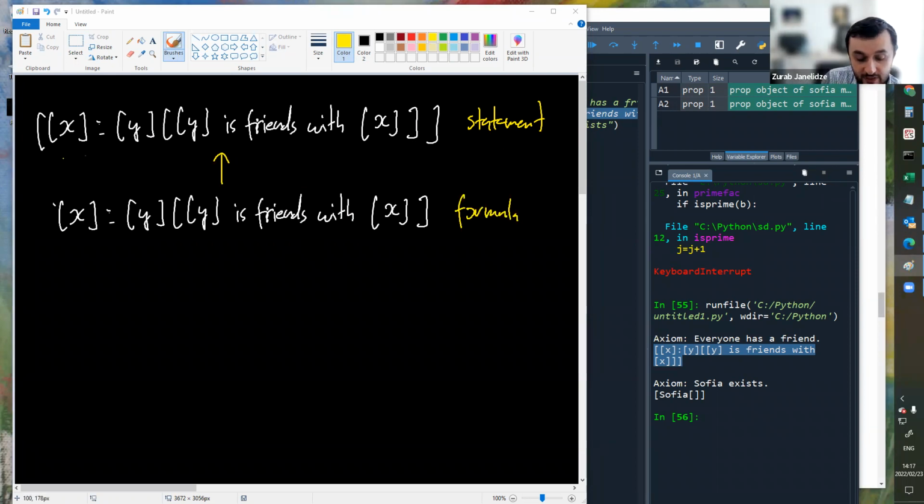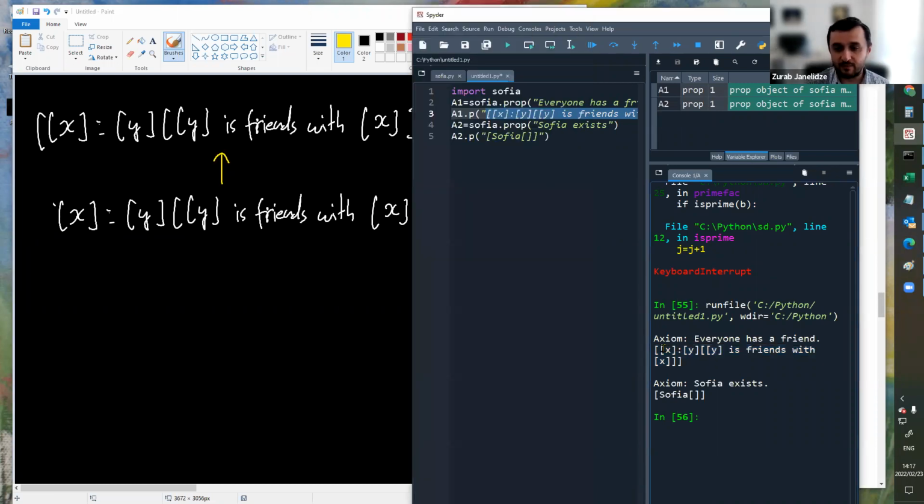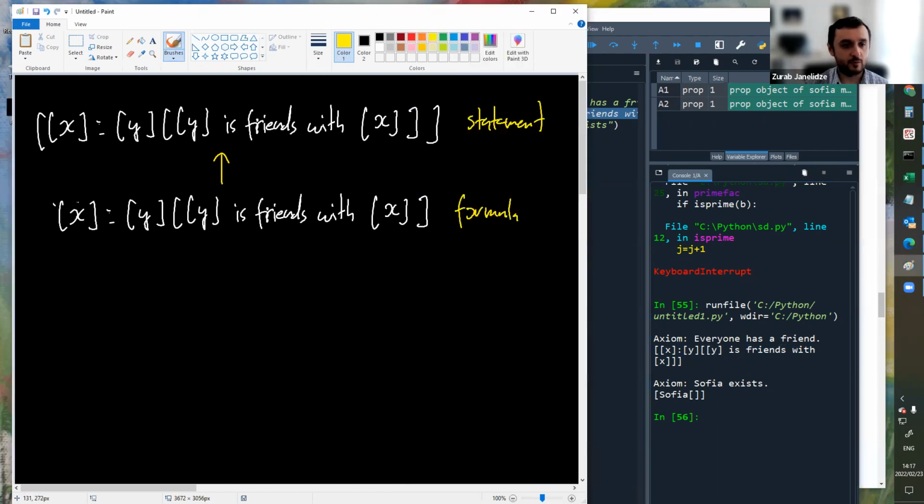Now, of course, we have a statement because remember, when we create a statement, what we mean by that is that we're claiming that something is true, and that corresponds to the idea that an axiom is claiming that something should be true. We're believing that it will be true. We're not just considering the idea of everyone having a friend, we are believing that everyone does indeed have a friend. That's the difference between the two things. It's marked by stating it or leaving it in a formula shape.